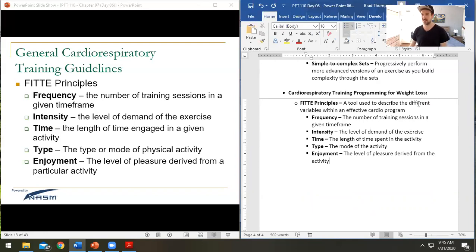But maybe somebody else is like, I just bought a Peloton bike. Great. Let's use it. Let's get some enjoyment, and they get you amped up and excited. So really it can be any of those things. But those are basically what I consider the FITT principles, and those are general guidelines for the minimum